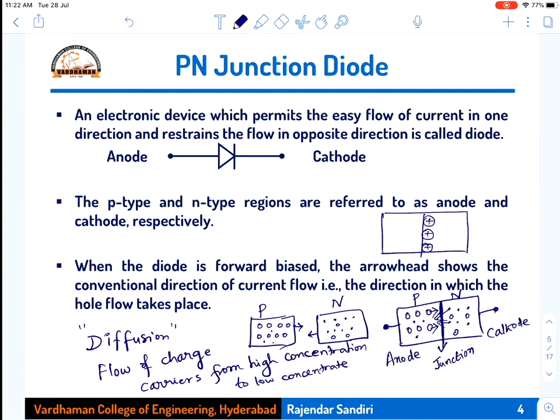Now, from n side, what is happening? The electron is moving from n side to p side, and when it recombines with the hole there, it retains its charge, negative charge, on the p side. So I represent the negative charge on the p side. So this is what is happening immediately when you bring both in contact with each other. Okay. So the figure now has converted like this.